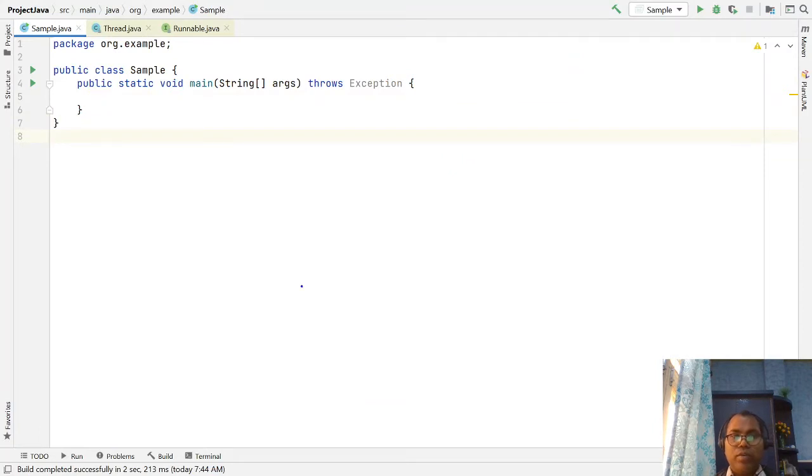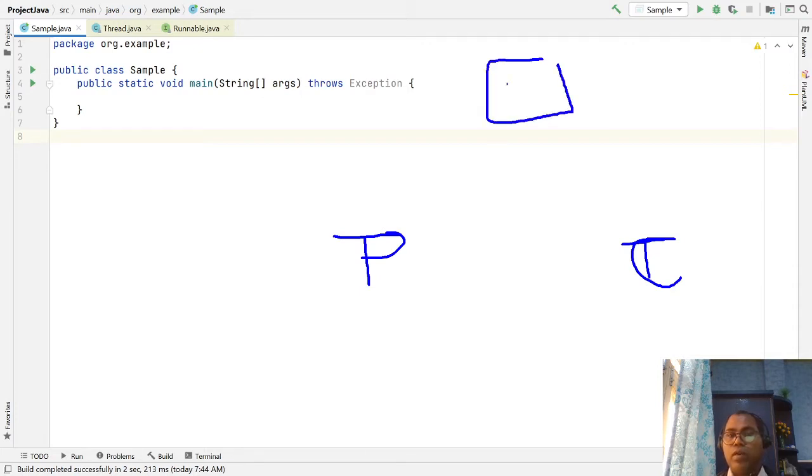Our objective is that we have thread 1 and thread 2. Let's say this is the producer thread and this is the consumer thread. We are writing two threads. They have one shared resource, a Drop, which holds one message. First the producer produces a message and waits to be consumed by the consumer.